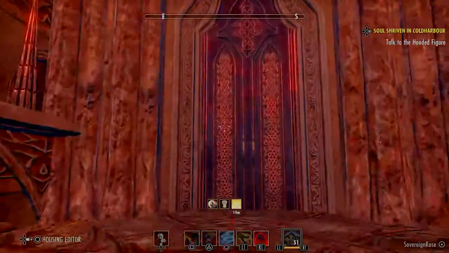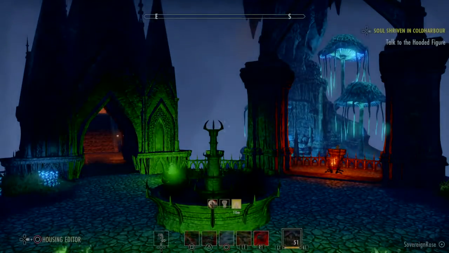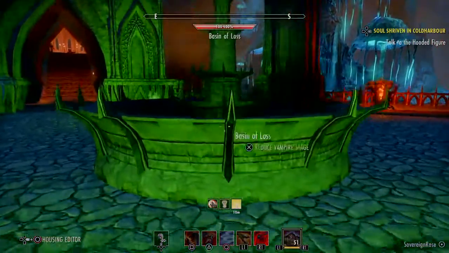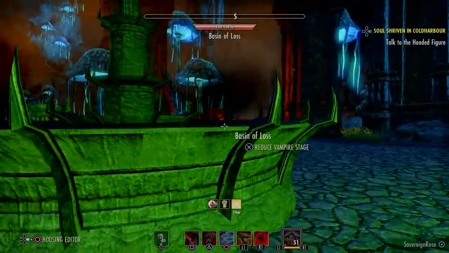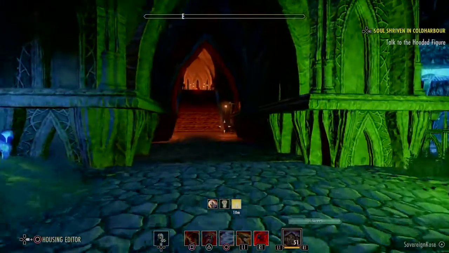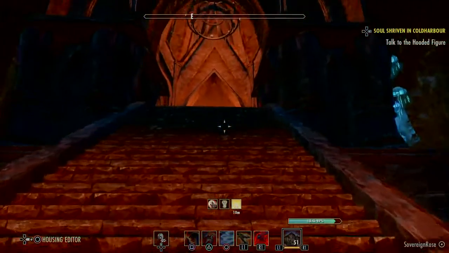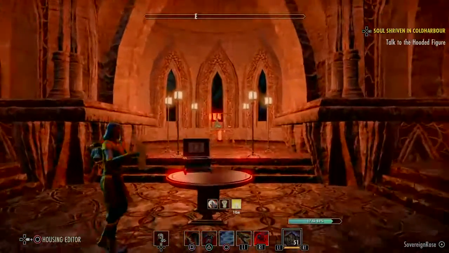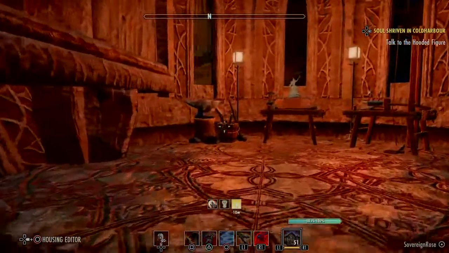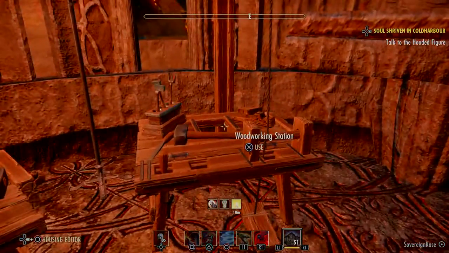Heading up through the back gate, we have our gateway to the crafting stations. Now we have the vampire reduction area outside here. If you head up this way is the crafting stations. Now we don't have all of them yet, as they aren't exactly cheap to get, but we do have the essentials currently. So we have your blacksmithing, clothing, woodworking,